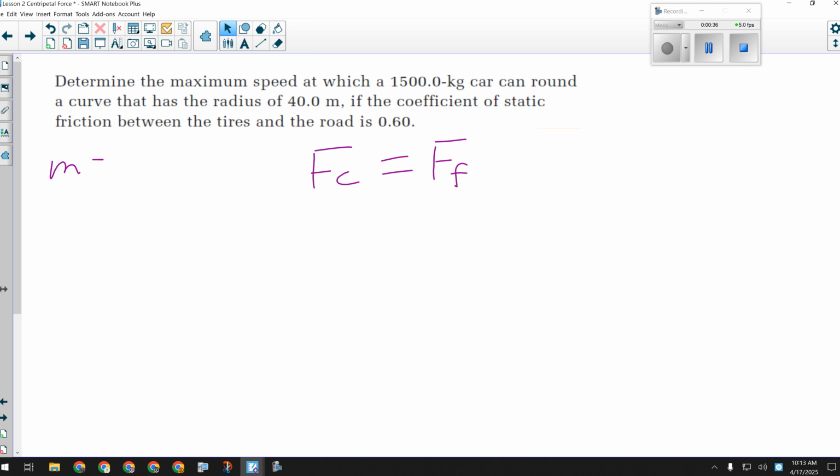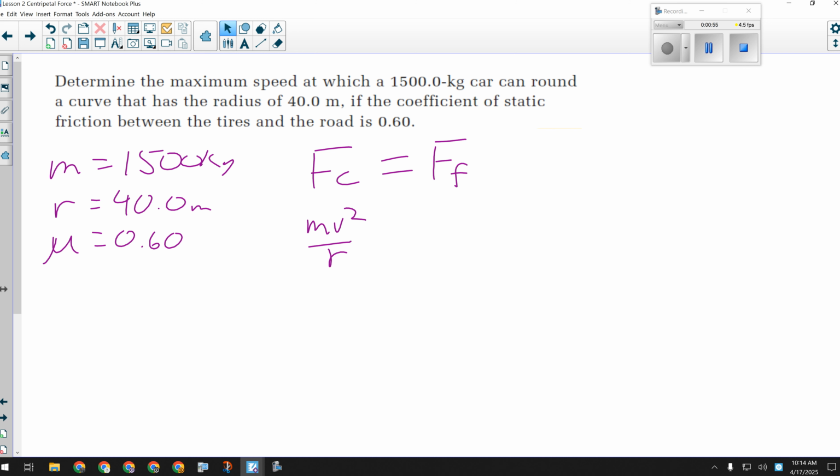The rest of our givens are mass, 1,500 kilograms, radius, 40.0 meters, and mu, 0.60. All right, so we've got those numbers. We can plug in our formulas here. Fc is mv squared over r. Force of friction is mu times the normal force, but since it's a level unbanked corner, normal force is equal